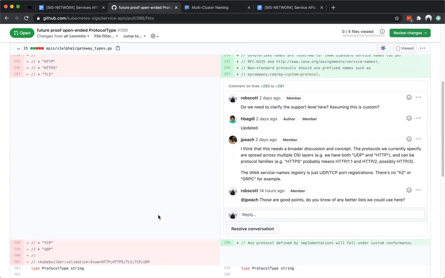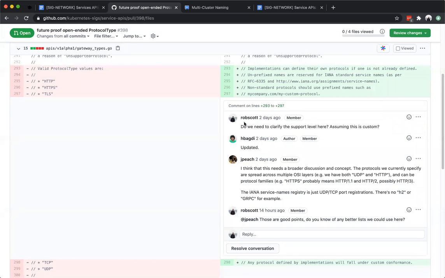Yeah, I mean, the one thing I would say is starting the API more restrictive is going to be preferable than less restrictive. And not to say I absolutely think we should get rid of this. I think that we do want to support custom protocols, but maybe this is the best option we have right now until we can come up with a better and less restrictive list of options. I'm not sure. And the other problem with this list is that it includes some things that likely don't make sense for gateway protocols.